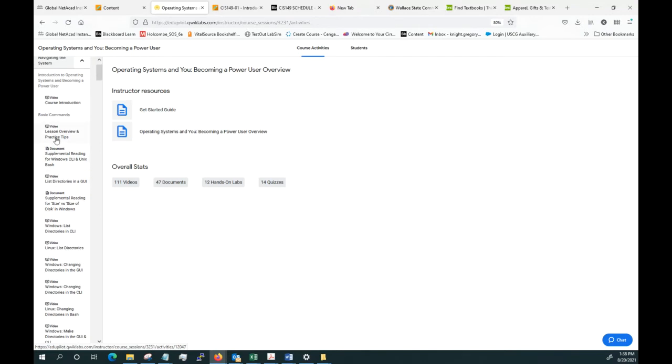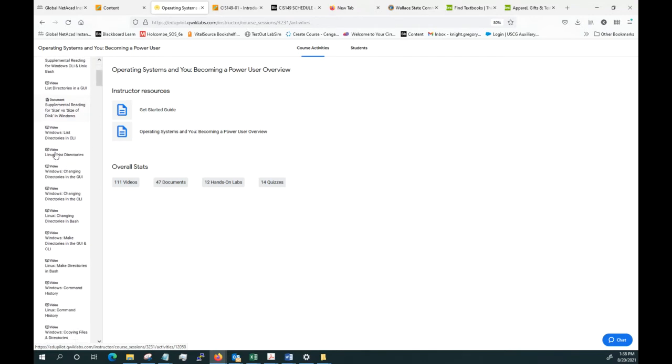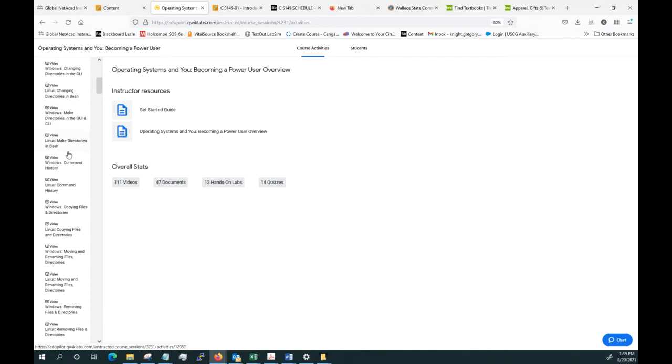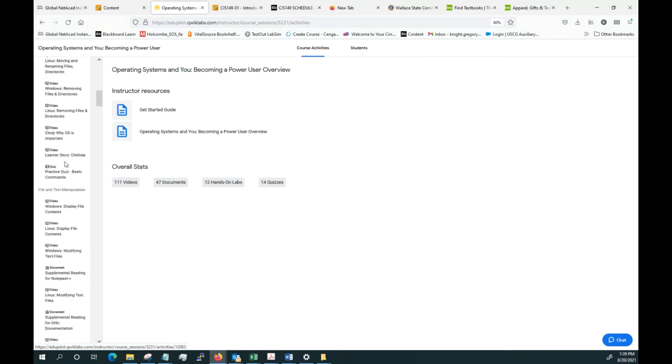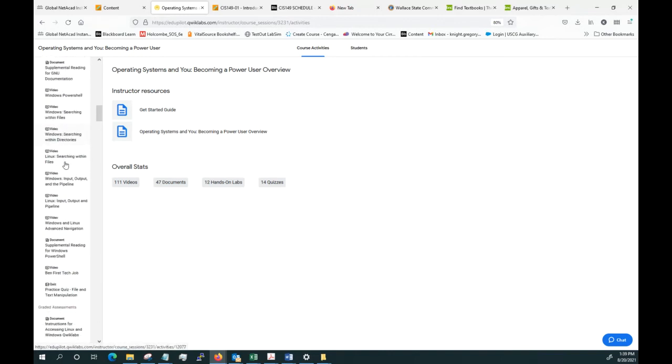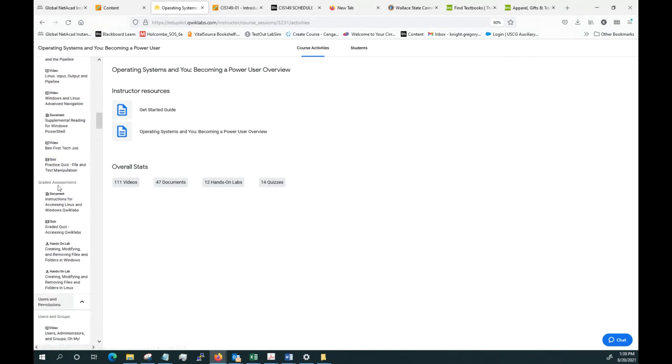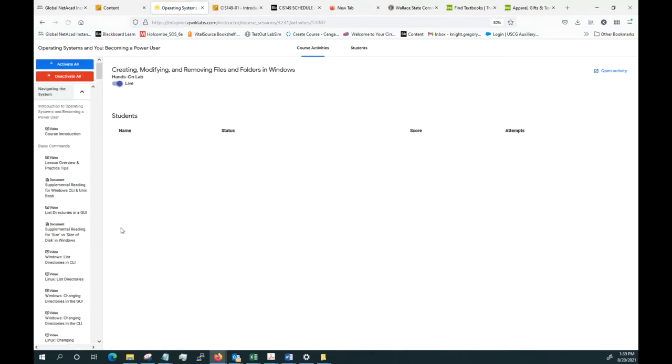All this stuff is important for you to understand, so I would review and read all of this information. As you get down to an area that's called graded assessments, underneath here you've got some instructions. You've got the actual graded quiz, so that is the first thing to complete. And the second thing to complete by this weekend is creating, modifying, and removing files and folders in Windows, right? So you perform both of these items, and then once you get the result that you expect,